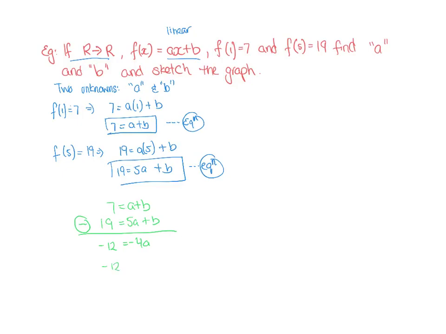And if I keep solving for A, I get 3 equals A. So now I know what A is. I could use any one of these formulas to find B, so I'm just going to use the 7. If 7 equals A plus B, and I know A is 3, then 7 minus 3 is B, so 4 equals B. So if I write out the function, we know it is now 3x plus